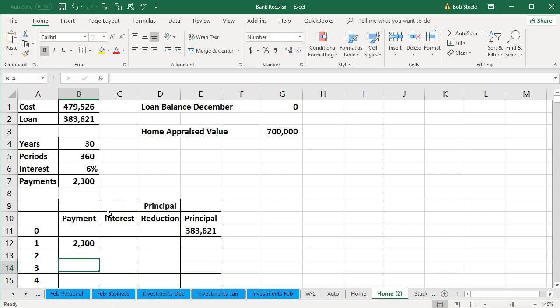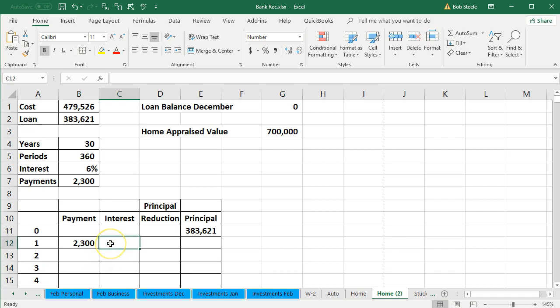So I'm going to delete this, go back on this cell, double click on it, and on the keyboard I'm going to select F4, which just puts a $ sign before the B and before the 7. Or you can just put a $ sign before the B and before the 7. And what that does, it has nothing to do with money. It just tells Excel don't move that cell. So we'll say enter. And then when I put my cursor on it and drag it down, it stays the same. So just beware of that. That's what we want to do first.